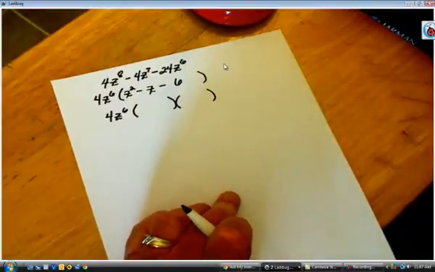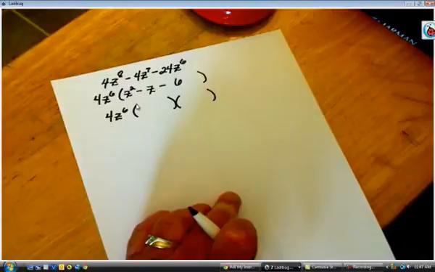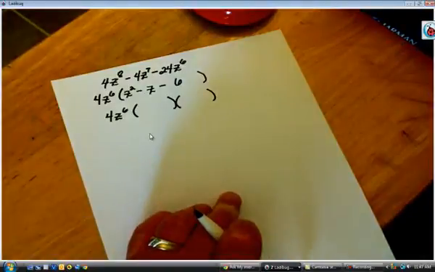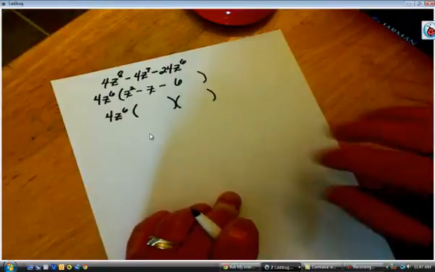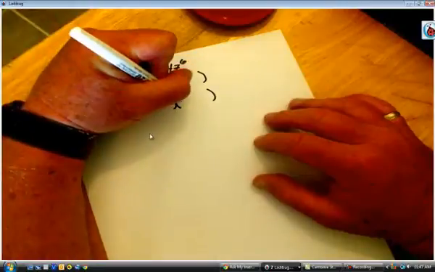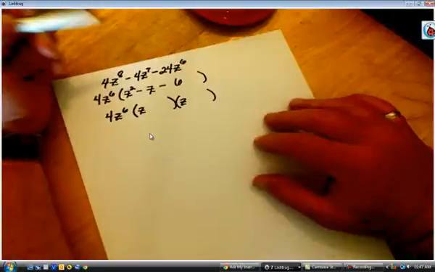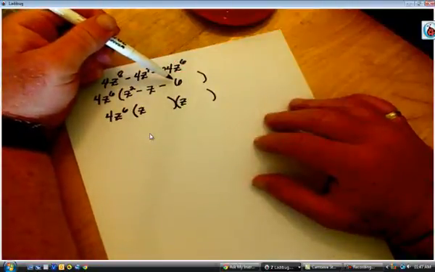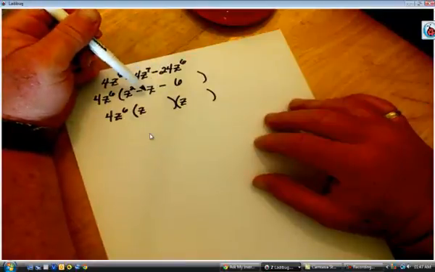Now the only way to get that z squared that's at the beginning would be to have a z times a z in the first spot of each of those two binomials. And now we're looking for factors of the constant term that would combine to give the middle coefficient,